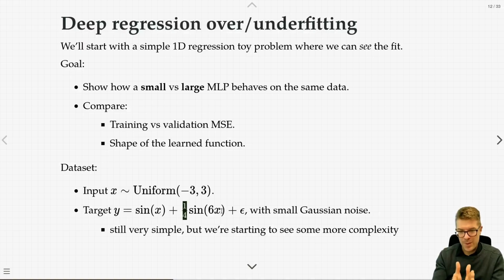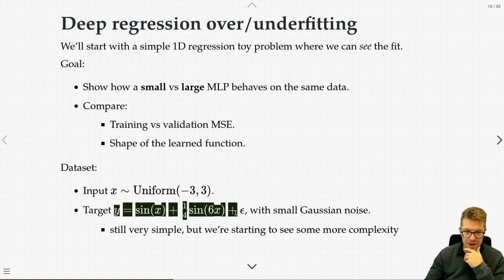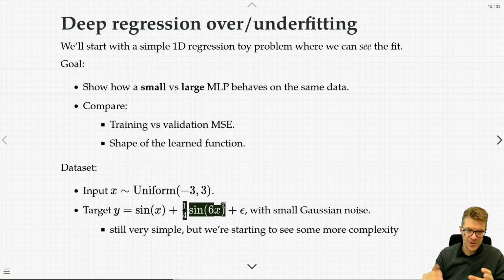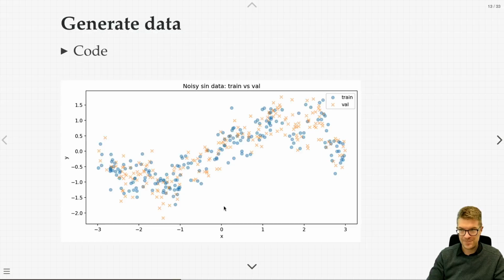Over small regions where the signal is invariant to time. Anyways, I'm getting off track here, but this kind of sum of sinusoids is a very common way of representing audio and other signals, even echocardiograms and so on. So it's very simple, but we're starting to see a little bit of complexity just because this isn't a simple sine wave like we've seen in the past. It's like two sine waves superimposed over each other.